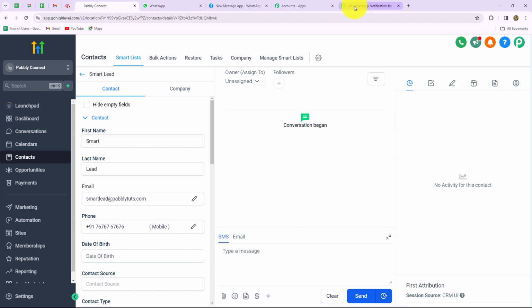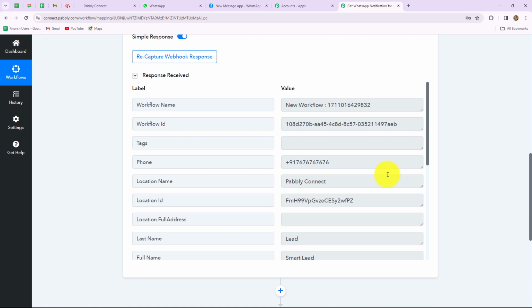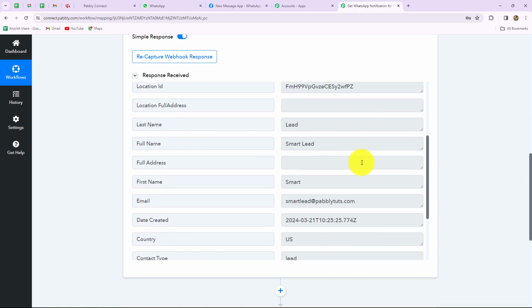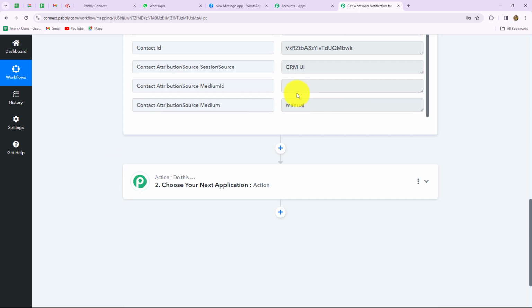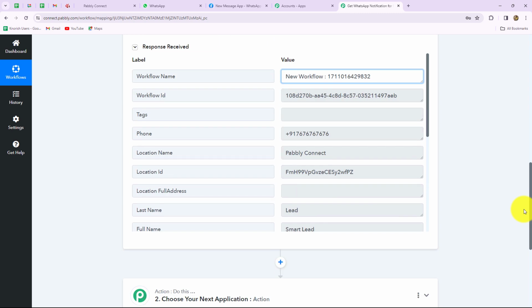So let's go and check whether the response is received in Pabbly Connect or not. And yes, here we can find that recently we have received a response. This is the workflow name and here the ID of the workflow is given which we have recently created in GoHighLevel CRM. This is the workflow ID. This is the tag, phone number, location name, location ID, all right, and all the other details related to the lead. This is the first name and last name of the lead, full name, email address, the created time of the lead, country, contact type, as well as the contact ID. So because we have received this response over here, that means our connection between GoHighLevel and Pabbly Connect is perfectly